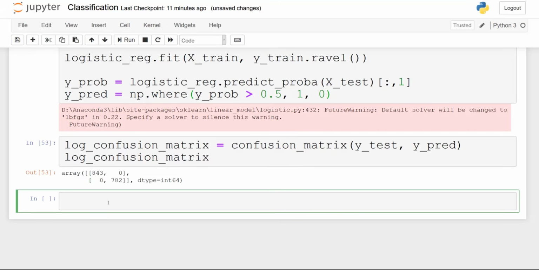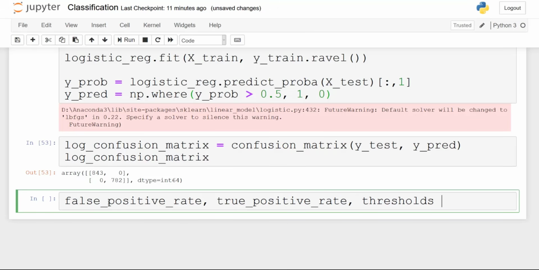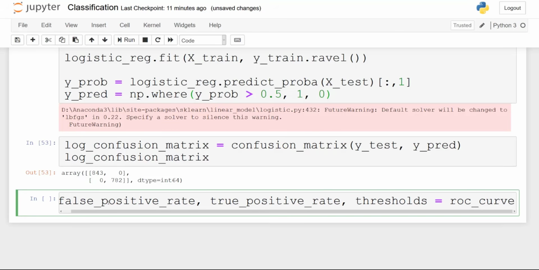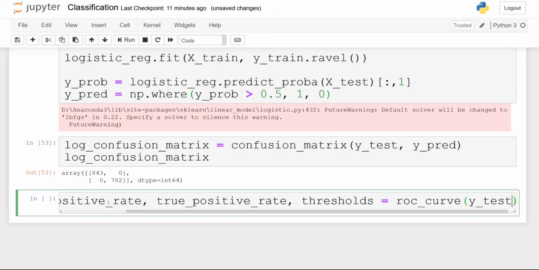So let's check that with another metric. We're going to use here the false positive rate and the true positive rate, as well as the thresholds, and we're going to set that equal to roc_curve. Pass in y_test and y_prob.